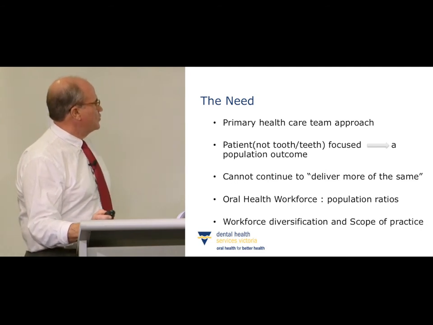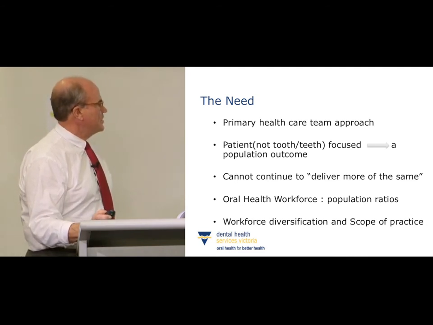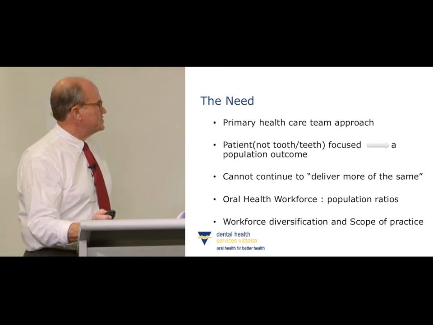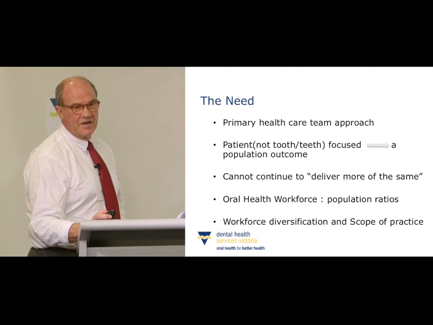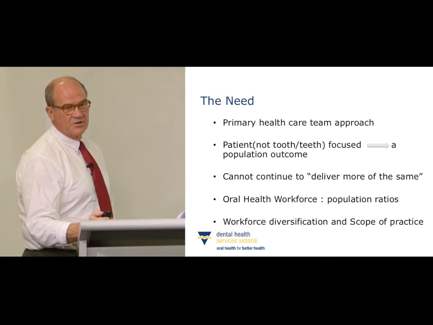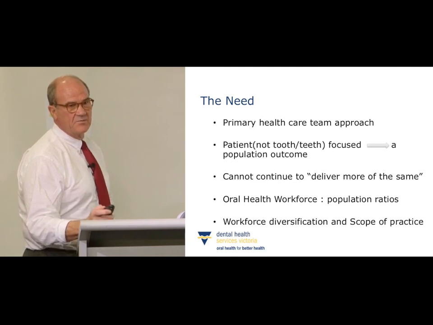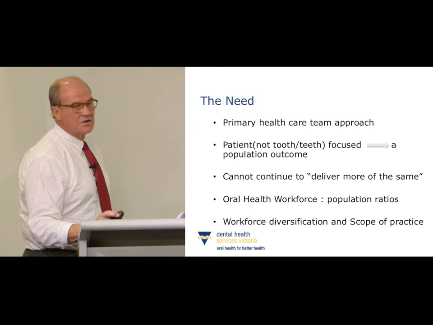We're looking at oral health workforce to population ratio, and that's what I was saying about the ratios of dentists. In a private practice, you've got about one dentist to 2,500. That works well. That's a model of care that works well. You put them on recall and they keep coming back. You can manage their oral health and you manage their general health as well. That's a good ratio, certainly not the situation here in Victoria or across Australia.